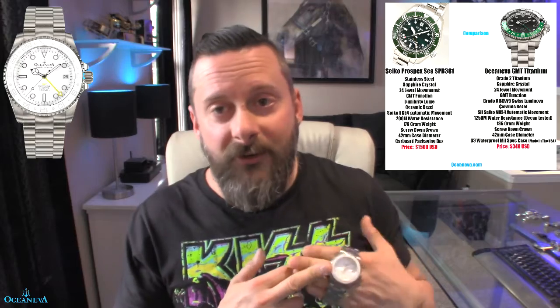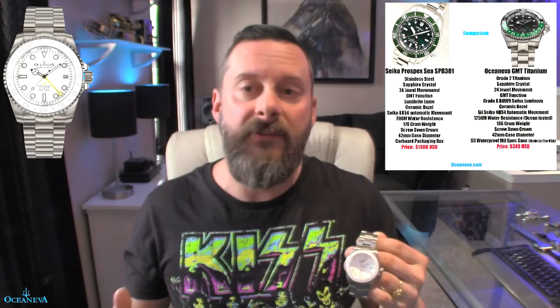What else? Water resistance. This is a huge difference here. The Seiko Prospect only has 200 meters of water resistance. This sucker has 1,250 meters of water resistance, and this has been ocean tested. And this is the kind of company where, you guys know I'm a huge Invicta fan as well. Lots of other brands, right? But when I see Invicta with a 3,000 meter water resistance or whatever their water resistance may be on a particular watch,